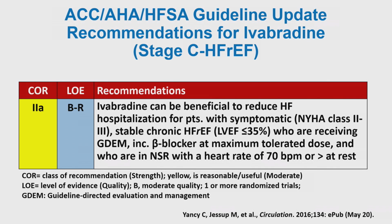They said, again, it was a class of recommendation 2A, which means that it was useful, we ought to do it, and it was a B, which means moderate evidence because of the one big study. R means randomized again. And what the recommendations are is that Ivabradine can be beneficial to reduce heart failure hospitalizations